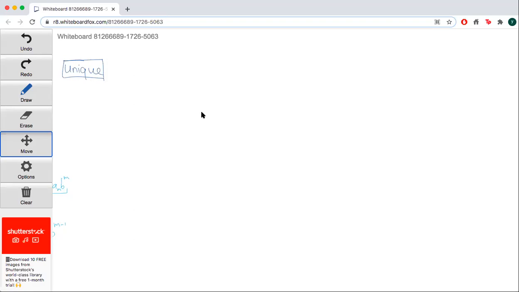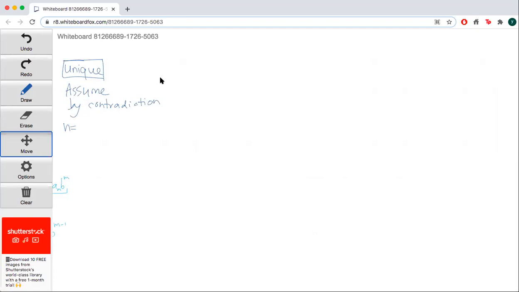So let's prove this by contradiction. Sorry, I'm writing on the tablet, so I have to keep on zooming in and out. Assume by contradiction that n is equal to,